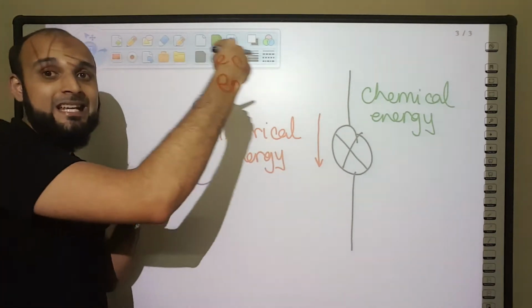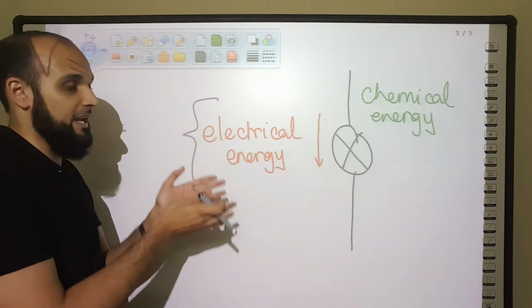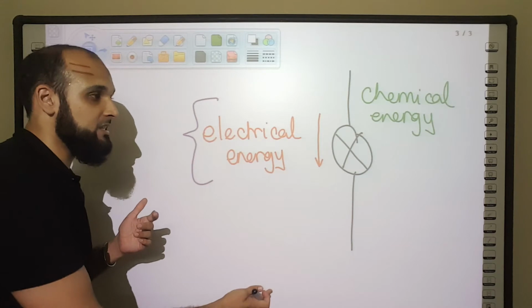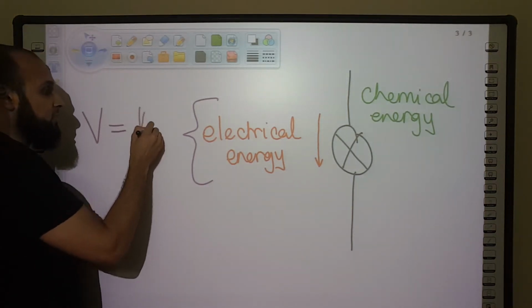So we're not talking about the entire circuit in this case. We're just talking about one specific component, like a bulb, like an LED, like a thermistor, like a resistor, and so on, right? So voltage is equal to the amount of energy that is transferred